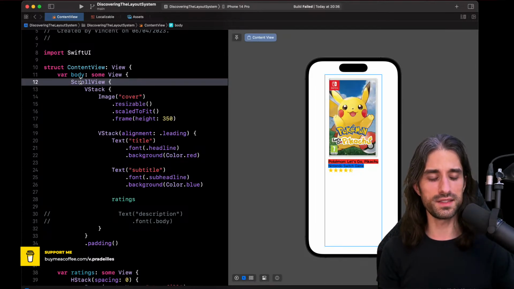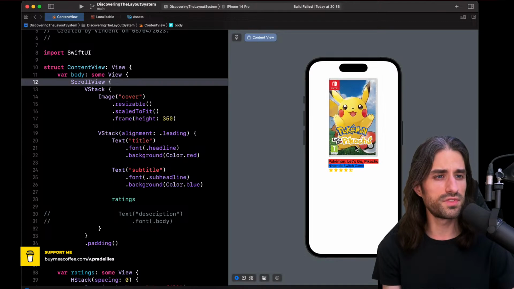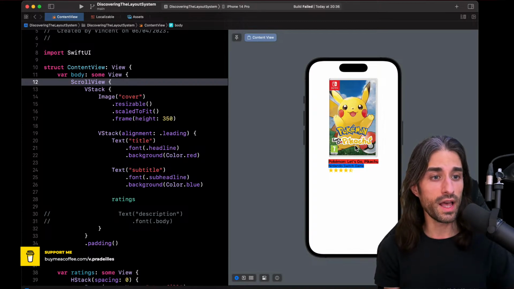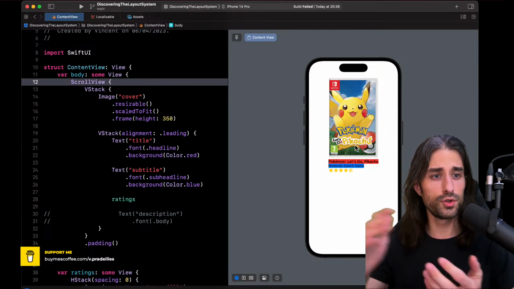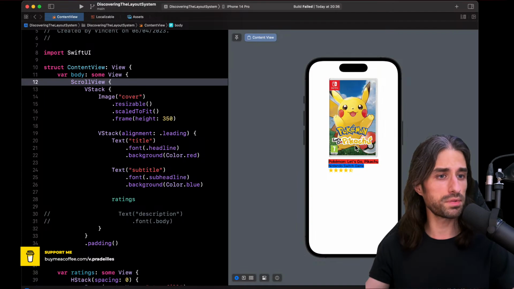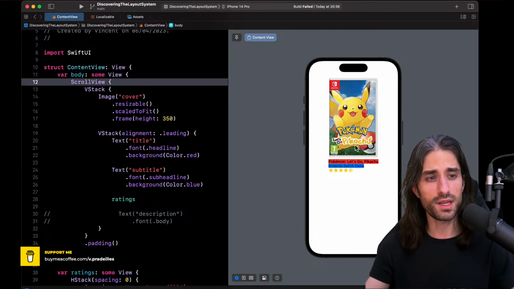Scroll view will display its content from the top of the screen, which kind of makes sense, because if you started scrolling from the center, it would feel more weird than anything else. But it's something to have in mind, and it's something that can also be useful. Like if you create a view which is supposed to be a screen of your app, it can be most of the time very useful to put it inside a scroll view.